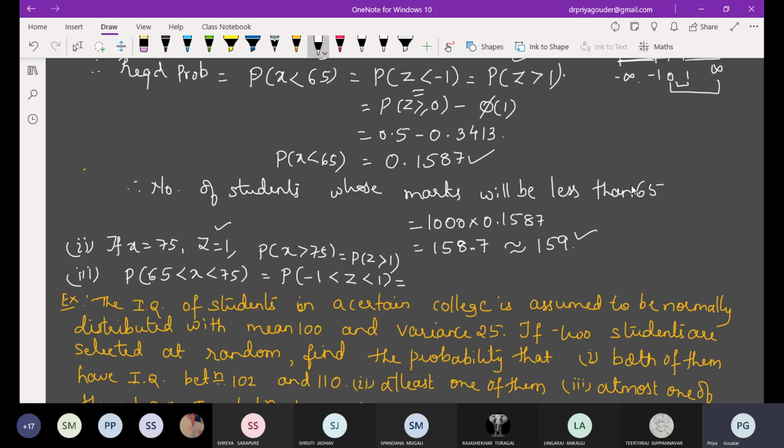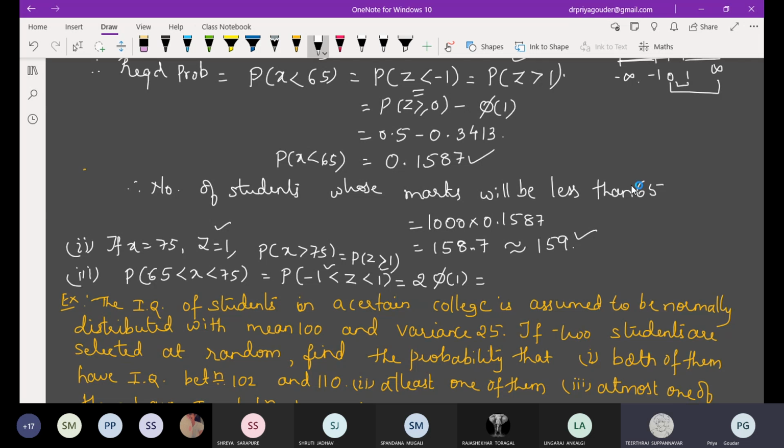Now when the upper and lower limits are both the same with opposite sign, you write it as 2 times phi of that quantity. This is very important. Don't do any other calculation. Whatever you do, you write with reference to 0, everything is going to be the same. If these two values are same, only change in the sign, write it as 2 times phi of that positive value.